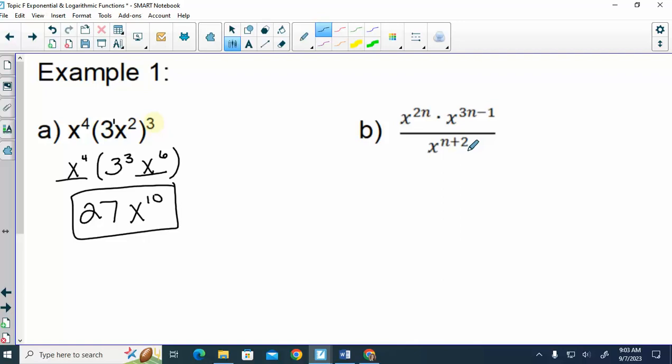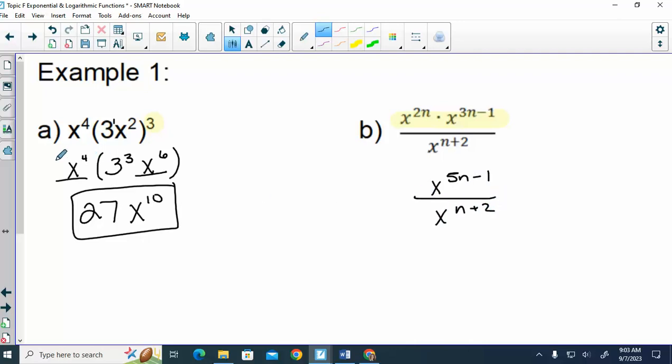Okay. Exponents. Do we have any exponents that we can simplify? Okay. Next step, multiply. Can we multiply anything? Yeah. If I'm multiplying on the top, this base is written each time. So what do we do with the exponents? Add them. So 2n plus 3n would be 5n minus